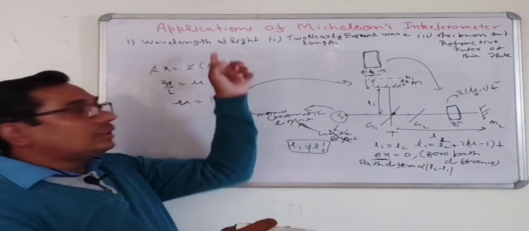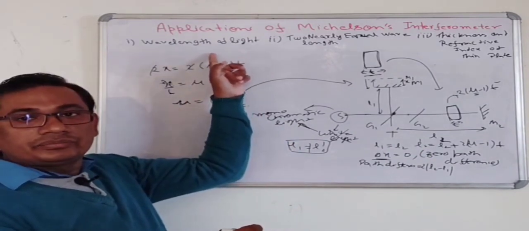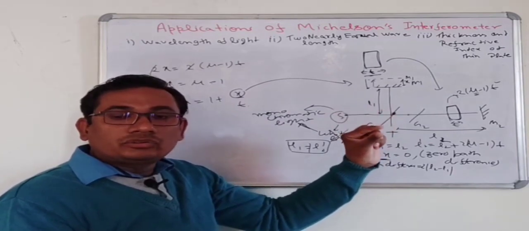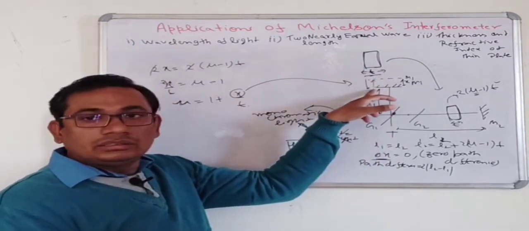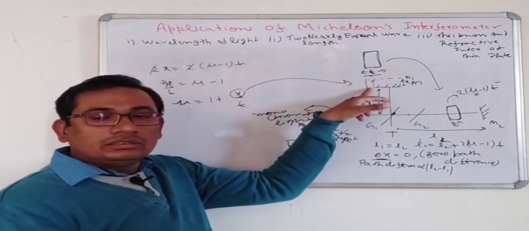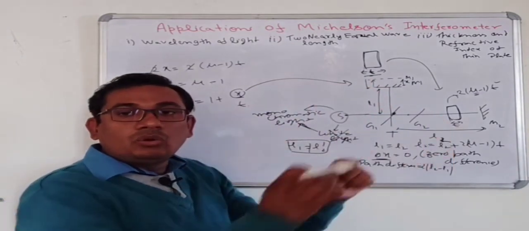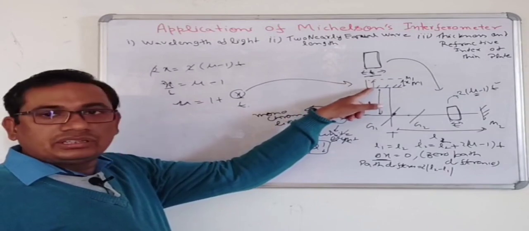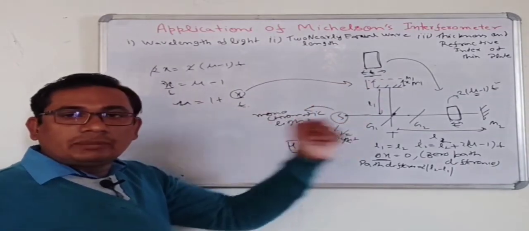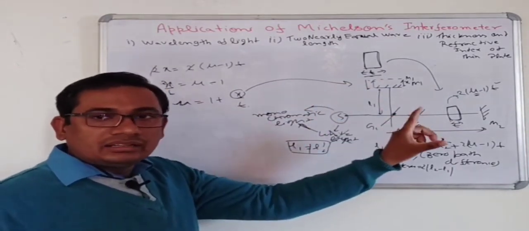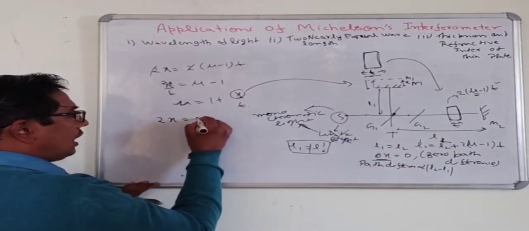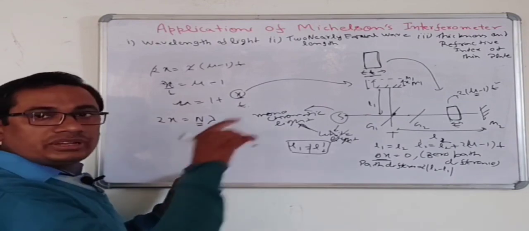We have discussed this in the application. Now you count the number of fringes that collapse when you come here. When you come here, you stop the counting and note down the value of n. Suppose that when you decrease the value of x, the fringes collapse at the center. At this condition, you know that 2x is equal to n lambda, where n is the number of fringes collapsed at the center.